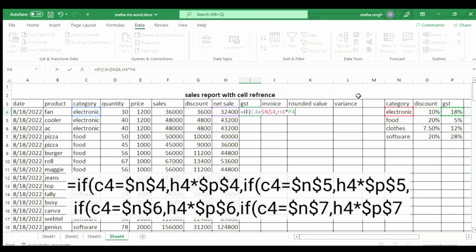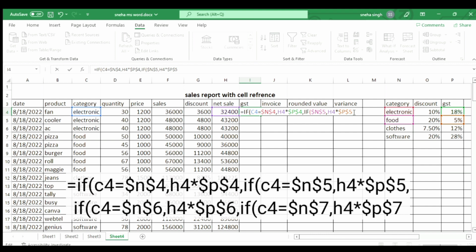So I have selected the net sale here and we are giving an 18% GST on the net sale. So for this, select net sale, multiply it by GST and freeze it. One condition is completed. So again for the second condition, repeat the step, put comma, write IF, select category and then write equal to and then freeze it. And again put comma, select the net sale and multiply it by GST. It means multiply it by 5%. And then our second condition is also fulfilled.